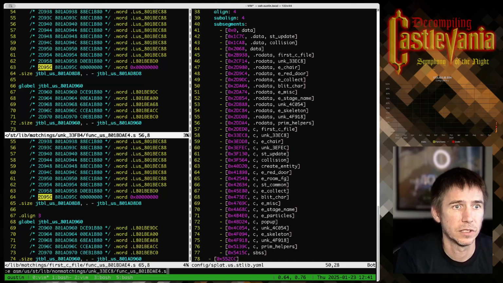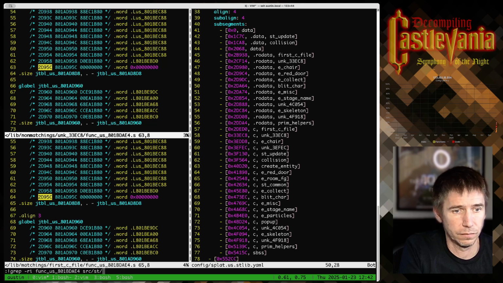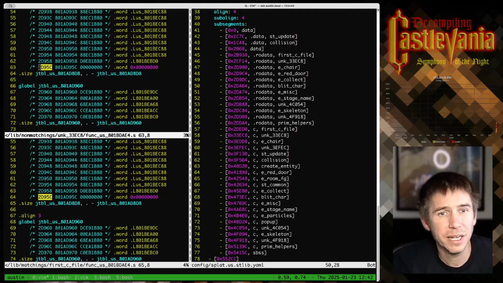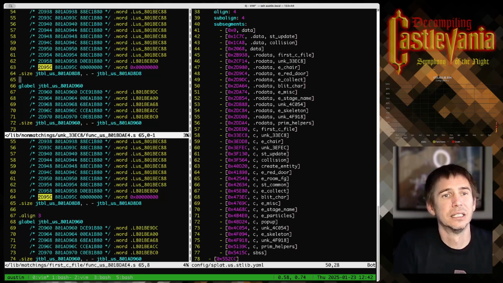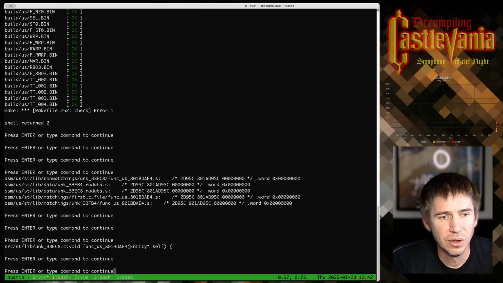This is part of the jump table for this function. And this, what may have happened, unfortunately, I may have to do some additional work here. What I think is happening is